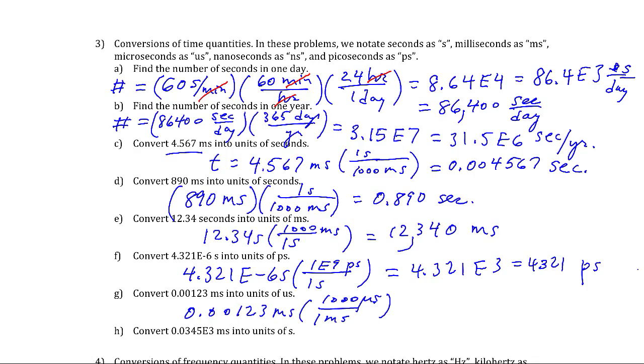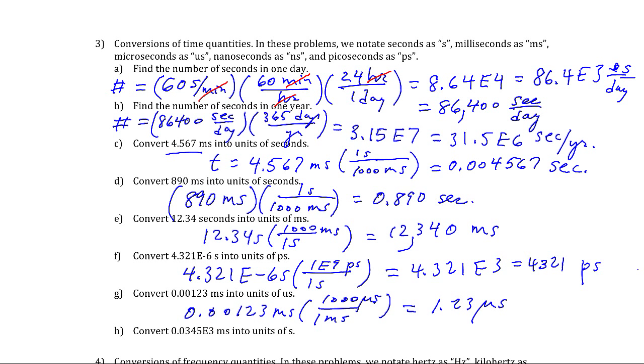Okay, milli to micro, yes. 1 milli is 1,000 micros. So I'm going to get rid of the milliseconds, and I'm going to have 0.00123 times 1,000. And so I'm going to shift the decimal place over 3 spots, 1, 2, 3, and it goes to 1.23 microseconds, in units of microseconds. Okay, finally,